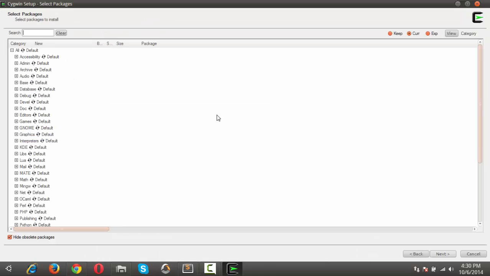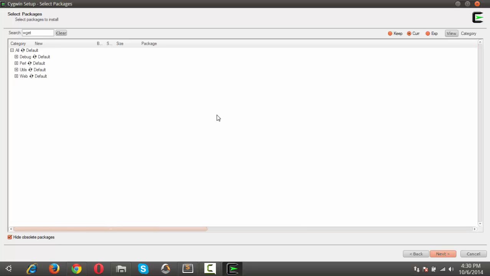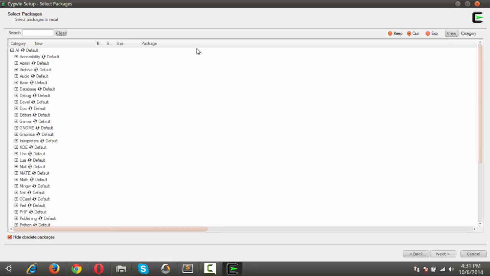We'll go ahead and click next, and now we're going to get a list of packages that we want to install. By default, I'm going to go ahead and make sure that I get wget, because I'm going to show you another way to install packages as well through the command line without having to use this interface here every time. So I'm going to click the skip button here, and that's going to change into the version of the package that I want to download. So I'm just going to go ahead and get wget,